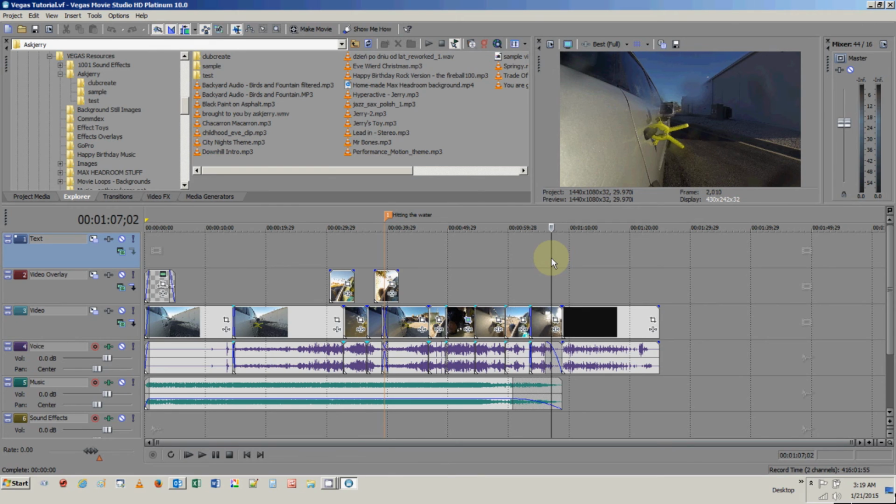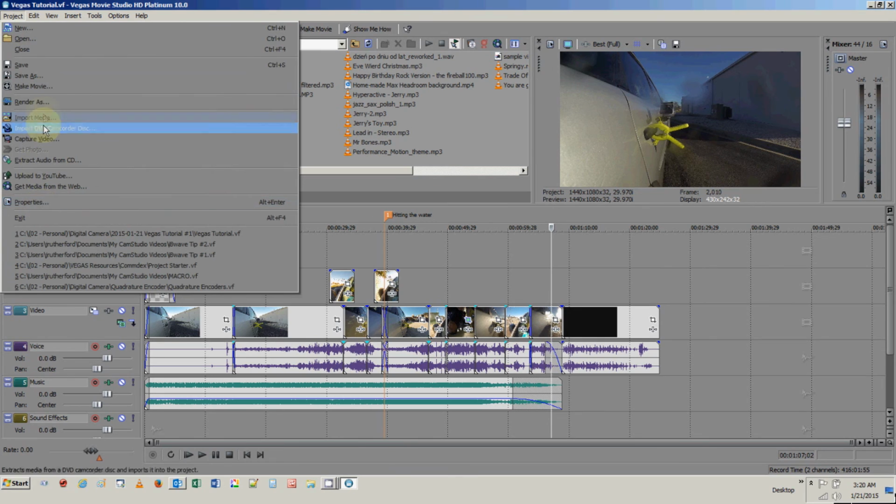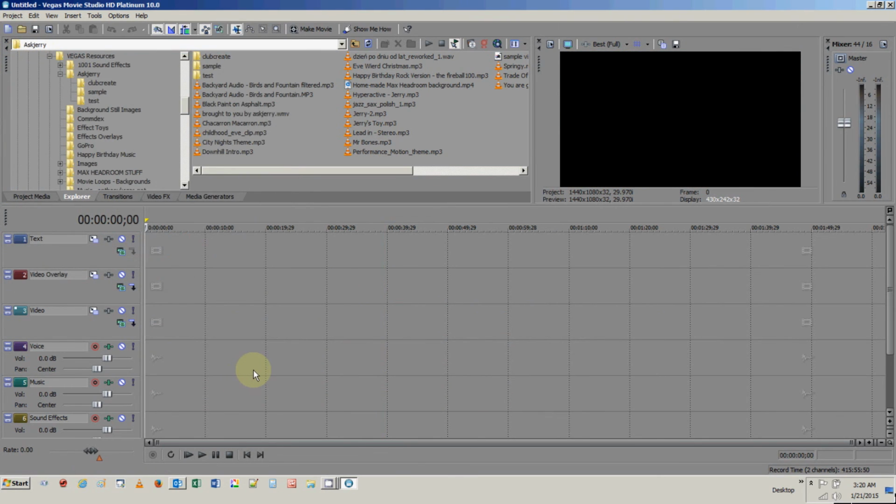And we've got the whole thing, so now I can take this project. I'm going to save it again, just in case I need to come back to it. Go ahead and close it out. If you don't close it out, it's not a big deal, but next time you open Vegas, it'll pull all that stuff in, and if you want to jump right into editing, you might not want that. So I always save it and close it. Done with Vegas, close it out, and now I'll show you the video that we made.